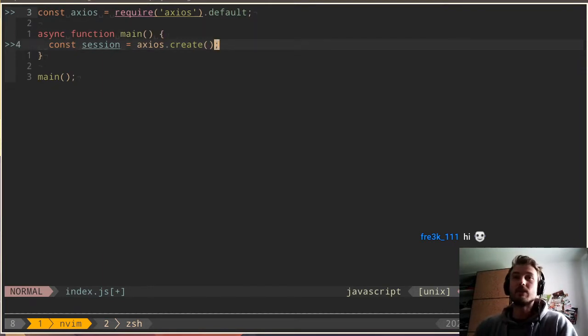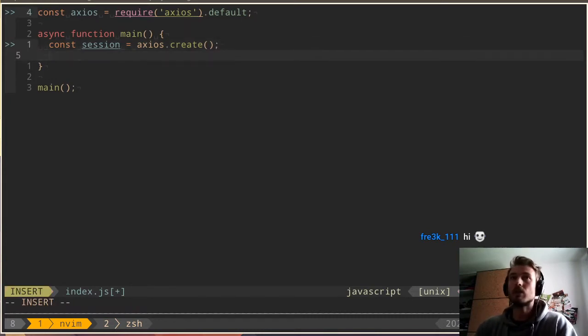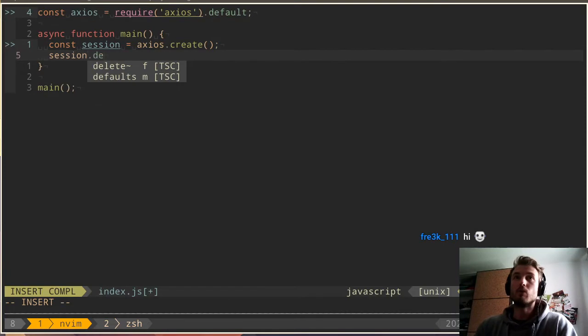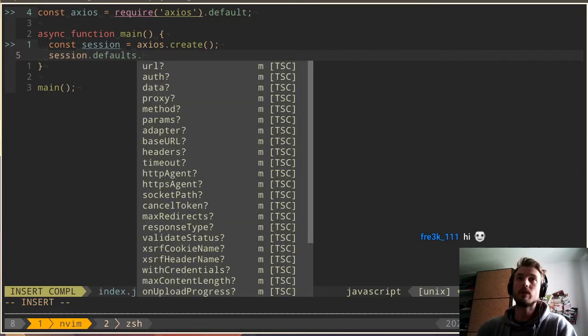Okay, so this is why we need sessions, because we want the headers to get stored. For example, if we set cookies to our headers, then on each request we want to send these headers and don't want to set them on each request again. So sessions, really important. We're going to create a new session, and also with session.defaults we can set default configuration